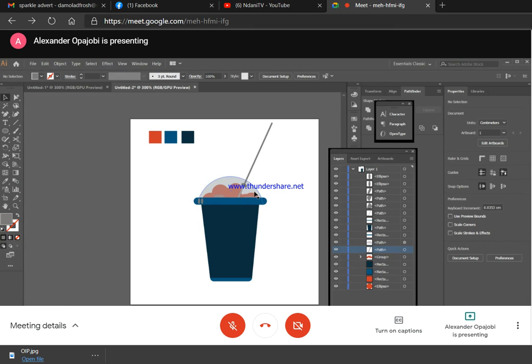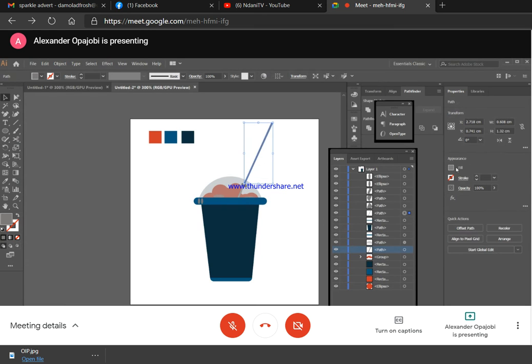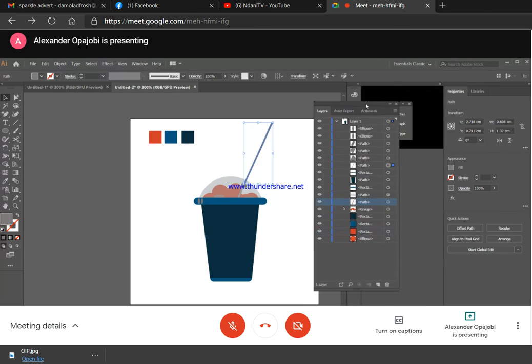Properties. Okay, let me see. This place. Not Properties. The one by the left. Yes, I'm really confused. Is it this? The place where we have Pathfinder and all that? They will automatically appear